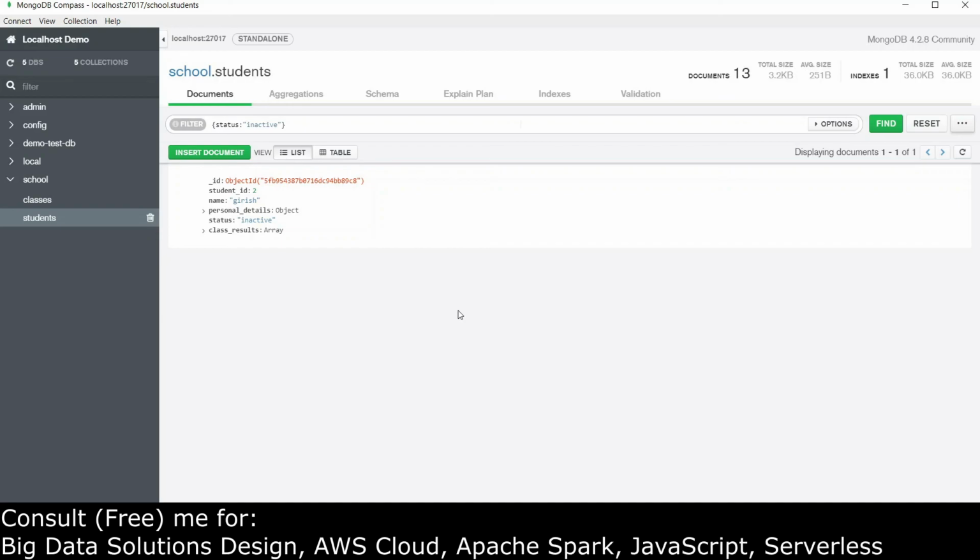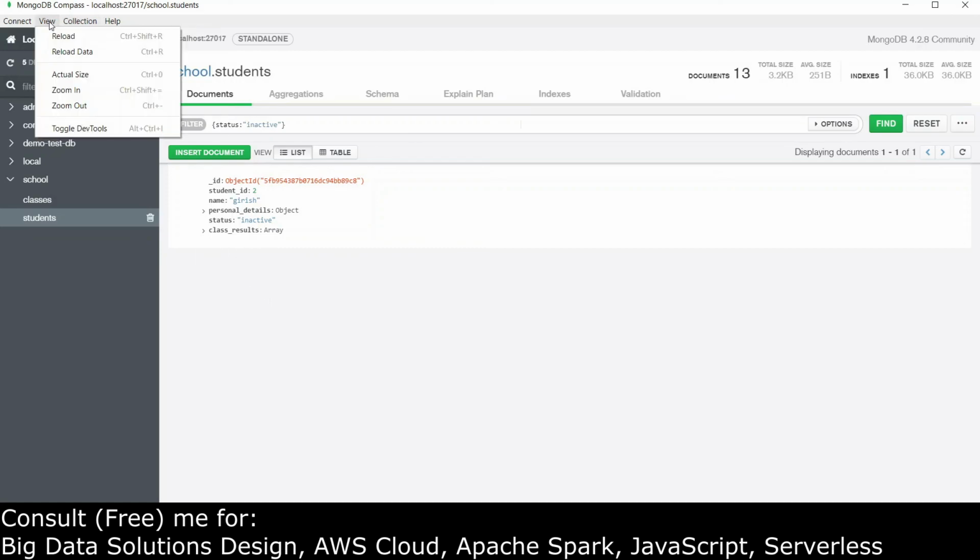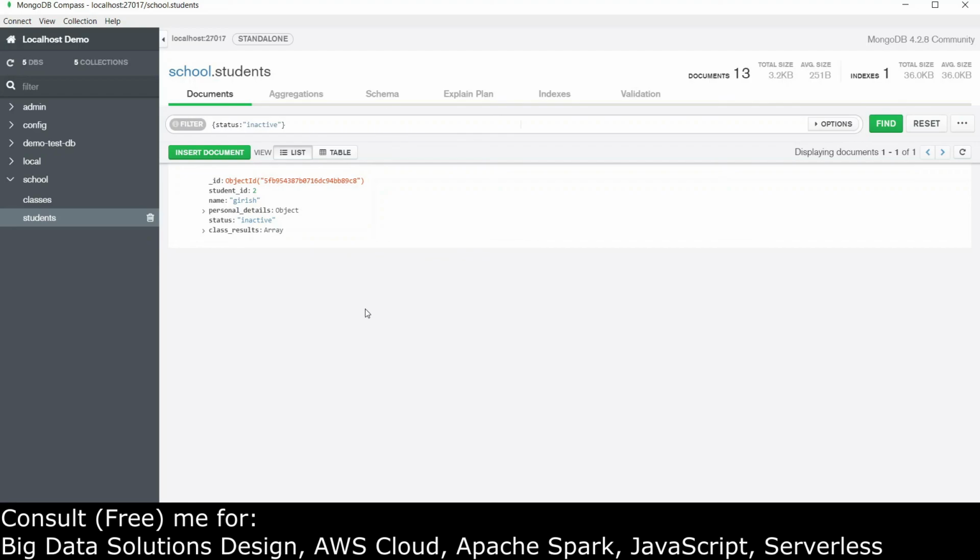There are many options which can be used from MongoDB Compass, like aggregation, schema, explain, indexes, validation, connection to MongoDB Atlas, importing the data, exporting the collection, and many more things, which I will be covering in future videos.